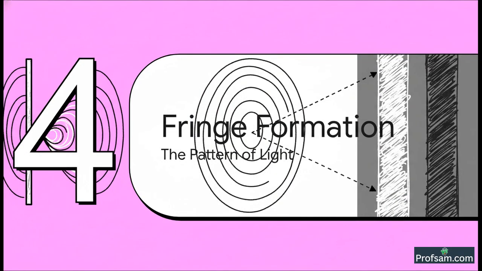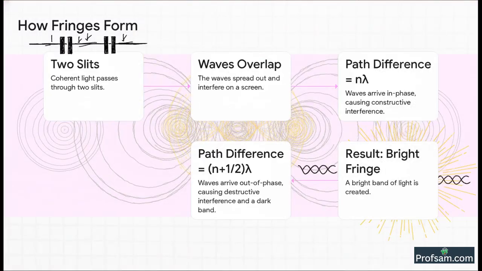All right, now let's see how this idea creates that famous pattern of bright and dark bands, we call them fringes, that we see in the classic Young's double slit experiment. The logic is actually very simple. You take light from 2 very narrow, coherent sources, the 2 slits, and you let it spread out and overlap